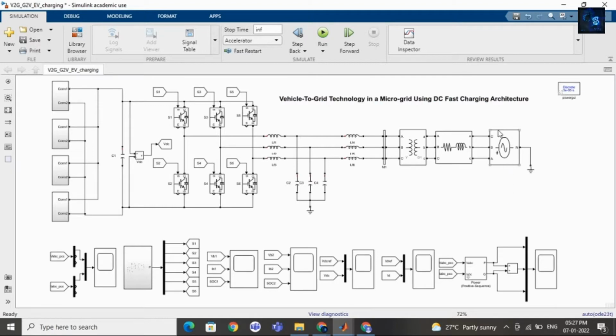Here you can see this is the source, a three-phase source, then comes a three-phase RLC branch, and then there is a transformer. After the transformer there is a measurement to measure current and voltage values. Then comes the LCL filter to remove harmonics. Then comes the inverter. After the inverter there is a